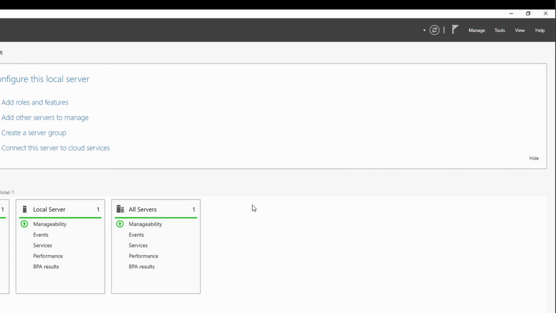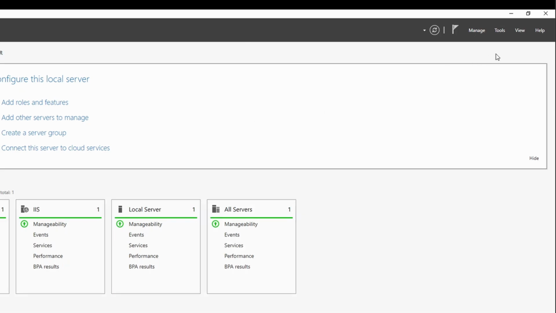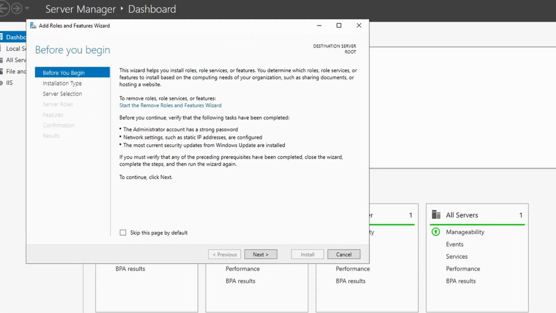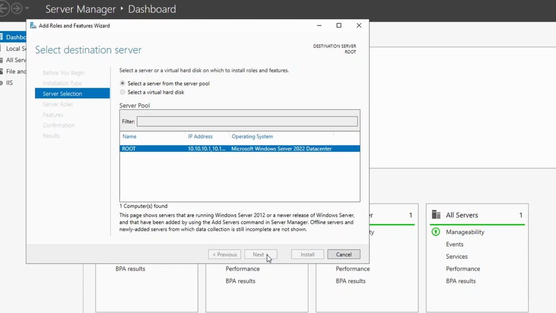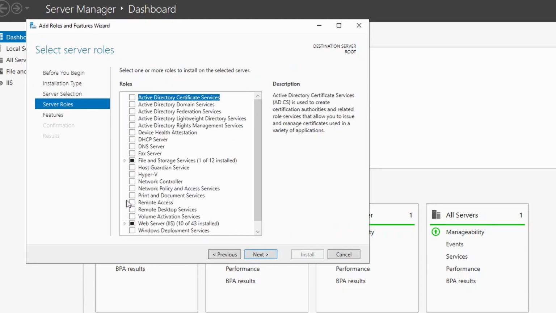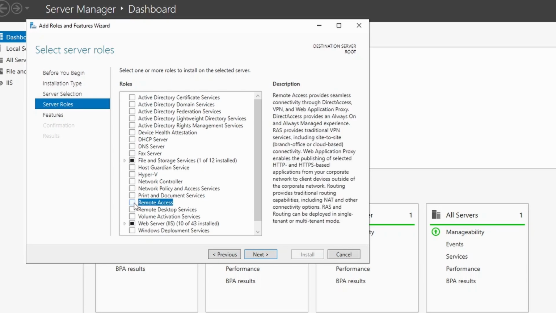So let's just wait a while for server manager to completely open up. You go to manage, add roles and features, then click next. So we will install a role based feature. So click next, and then we are going to check on remote access. What remote access does is it provides seamless connectivity through direct access, VPN and web proxy. So click next